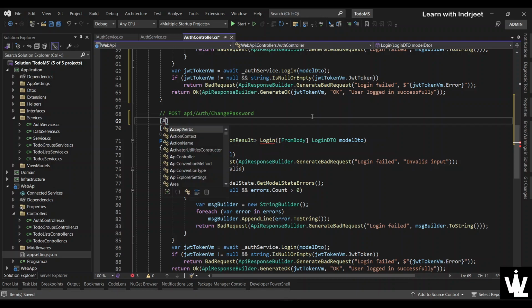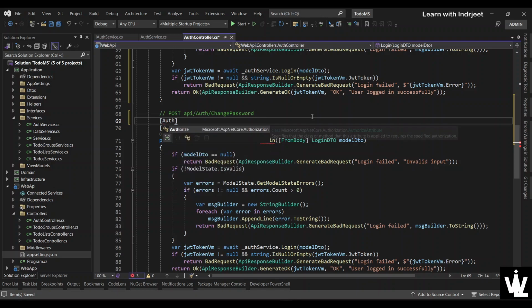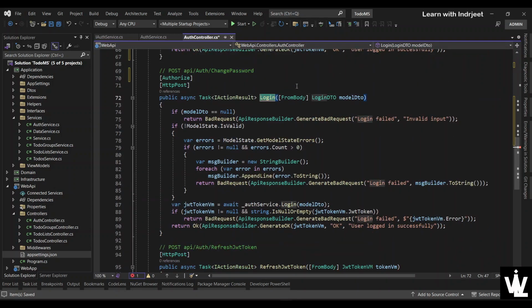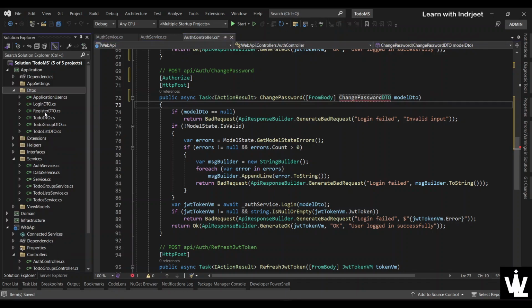The user should be authorized before accessing the change password function, the endpoint, and this will accept a ChangePasswordDto, which is not there currently. So let's go to the DTOs and create a ChangePasswordDto with the current password, existing password, and confirm password properties in that. Okay, so